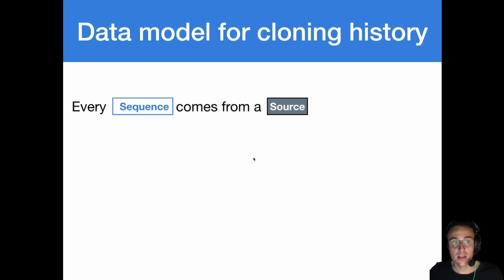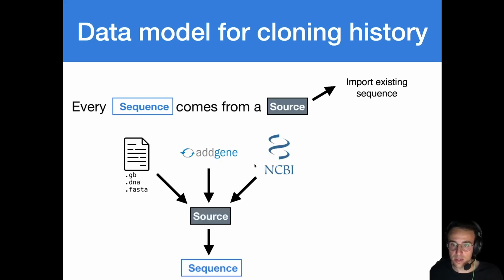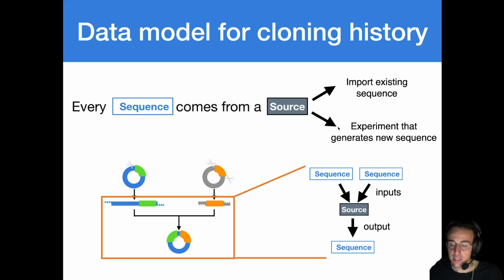The principle is very simple. Every sequence comes from a source, and a source can represent either the import of an existing sequence, so for example, a file uploaded by the user, a plasmid from a gene, a sequence retrieved from the NCBI, but a source can also represent an experiment that generates a new sequence, taking some existing sequences as inputs and yielding the output sequence. So for instance, in this ligation, we have that the inputs were the restricted fragments and the output